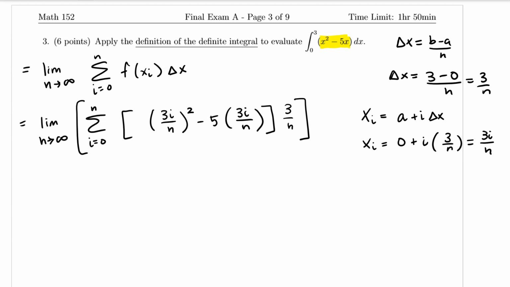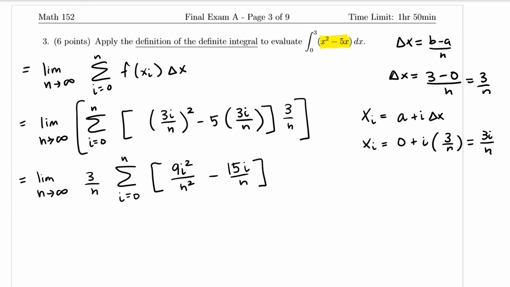Okay, now 3 over n in front of the summation is a constant, so we can factor that out. I'm going to have the limit as n approaches infinity of 3 over n times the summation from i equals 0 to n of, if I square 3i over n, that's going to give me 9i squared over n squared. And I'm going to distribute this 5 in, so we have minus 15i